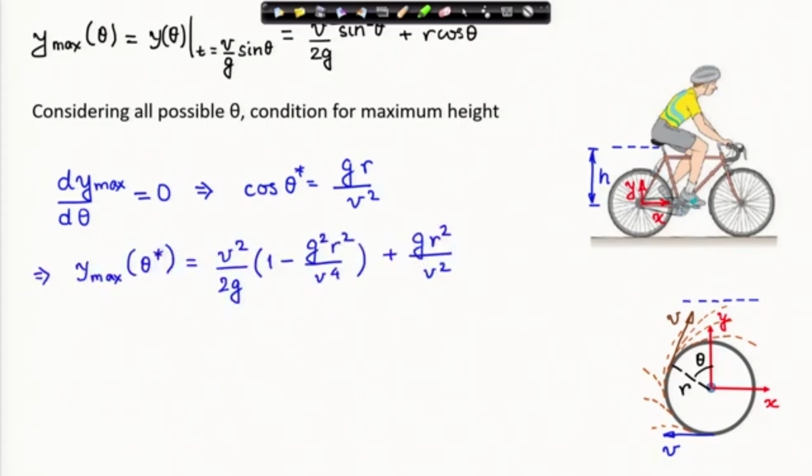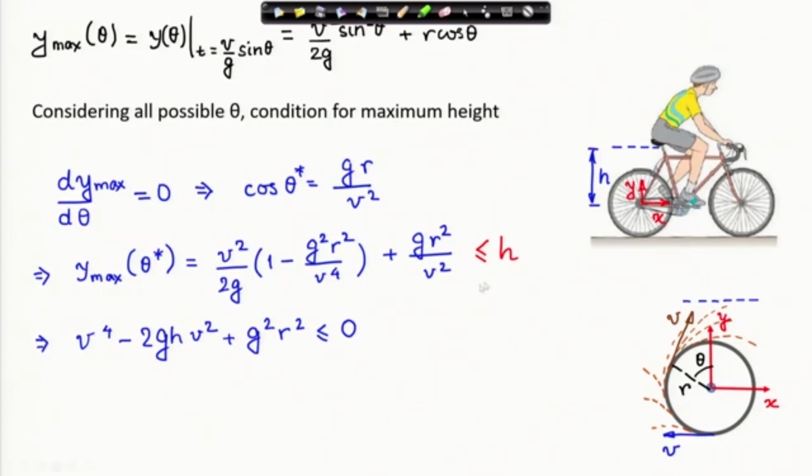Now, if you substitute this value of theta star in your expression of y max, here, then you get y max. So, this is the absolute maximum of all mud particles that start from the wheel. Now, this y max must be less than h, so that it does not splash on the rider, and this is a conservative estimate of course. So, this should be less than h,